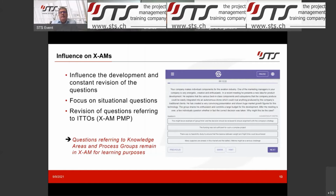What we also say is that we keep in all the questions that reference the knowledge areas or process groups, even though it's not relevant in the new PMBOK anymore. But I think this is really for learning purposes. Again, also because the PMBOK 6 edition is still valid, and knowing process groups and domains might sometimes be relevant for the exam as well. I think there are fewer and fewer questions about that, but to understand the logic of PMBOK, we keep it